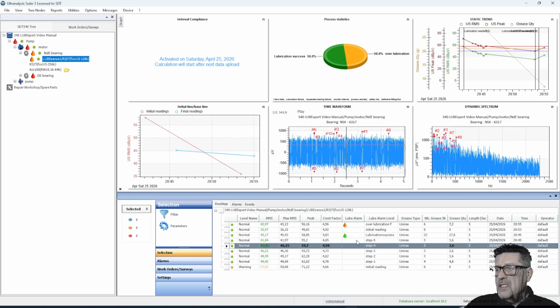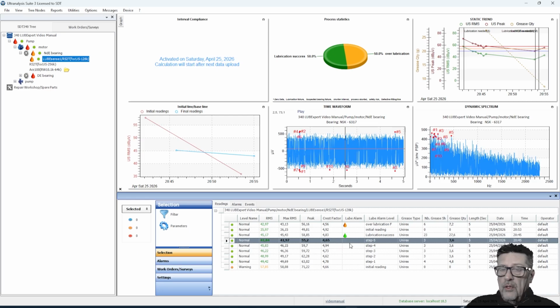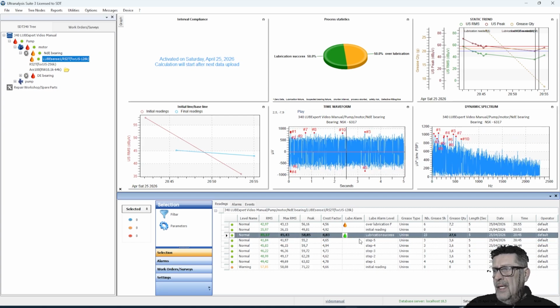But we can also see the evolution of the signal during the lubrication, especially if we have a known defect on the bearing. That would be a really good idea to do, and it's highly valuable to understand what comes to what side. Our second